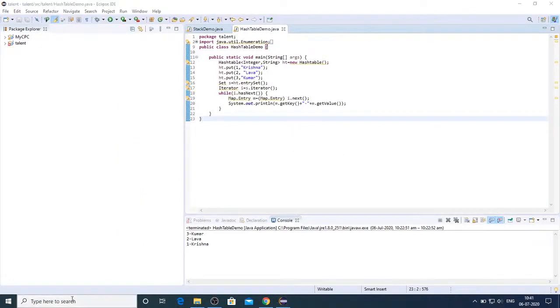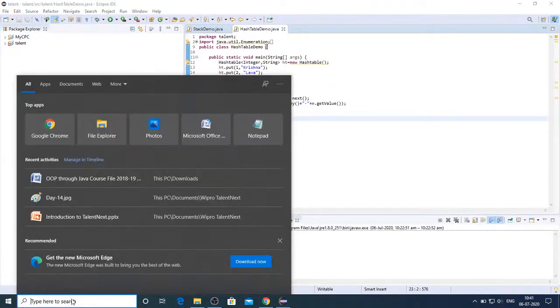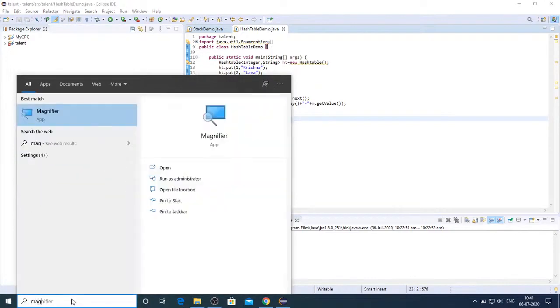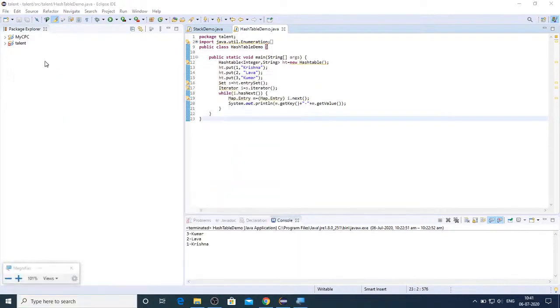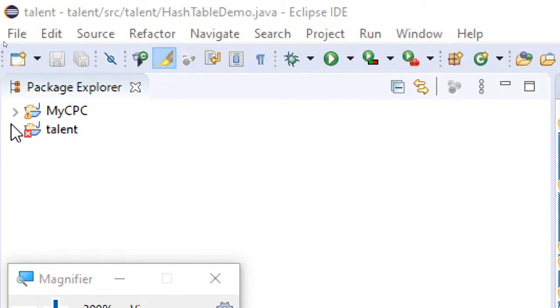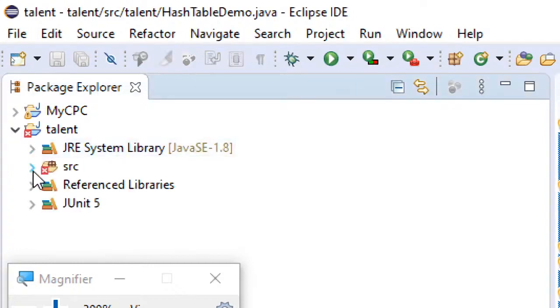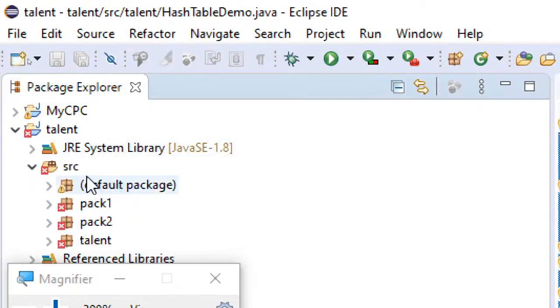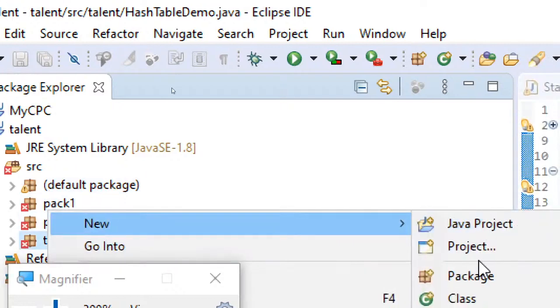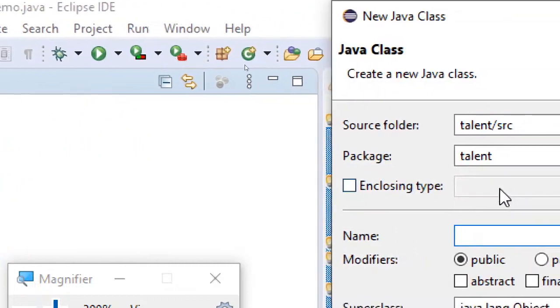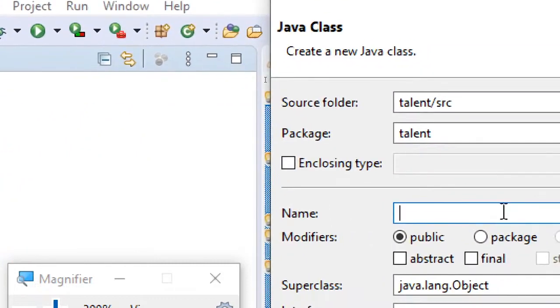So here is my Eclipse IDE. Let me use the magnifier. So let's create a class, and let me name it as TreeSetDemo.